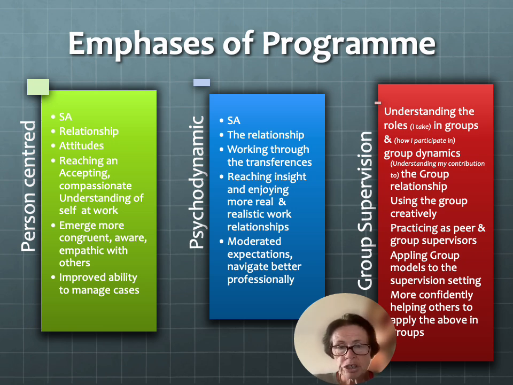In the group supervision, and I'm sorry my head's on part of this, although you'll get a separate PowerPoint where you'll see more of it. But yes, we're looking to help people understand themselves better in groups, understand the roles that they take, so that as you do understand that better in the nine experiential groups that we give you, hopefully you'll get a better sense of how you are in a team, in a group, and in a professional community,